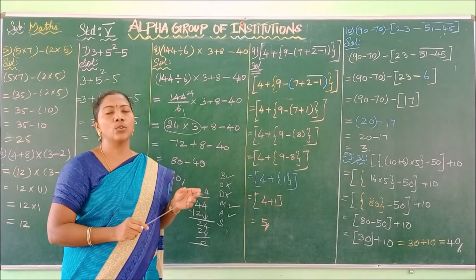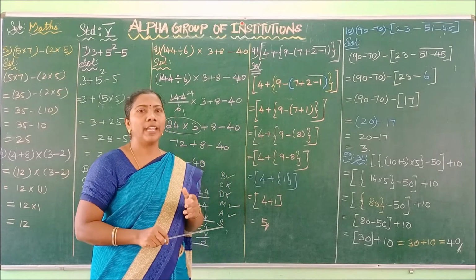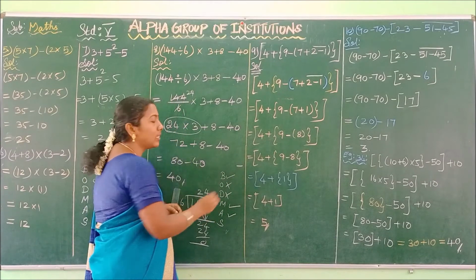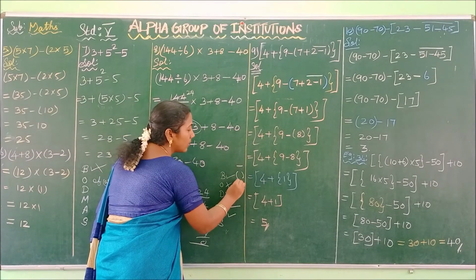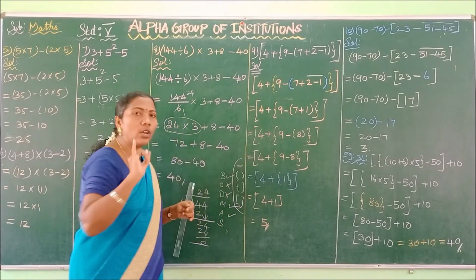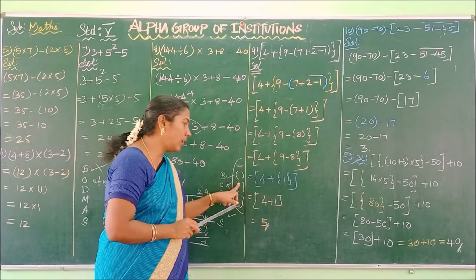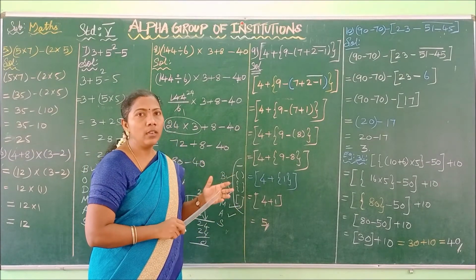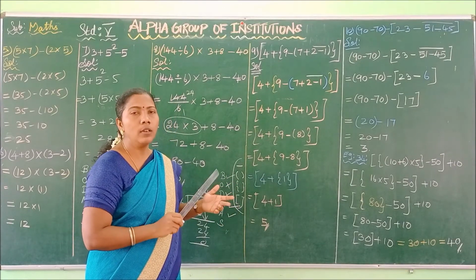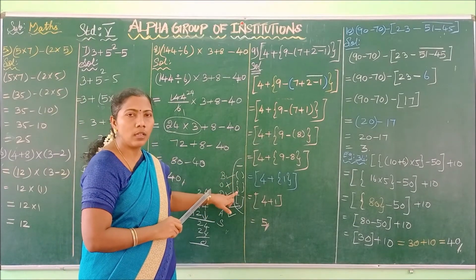As per the Bode-Morse rule, first you have to evaluate brackets. As per the rule of bracket, first you have to evaluate which bracket? Vinculum. After that simple, after that curly, after that square. Okay, you have to remember this. First you have to evaluate vinculum and then simple and then curly and then square. Vinculum, simple, curly, square. You have to remember it.